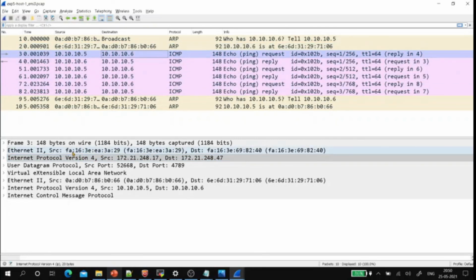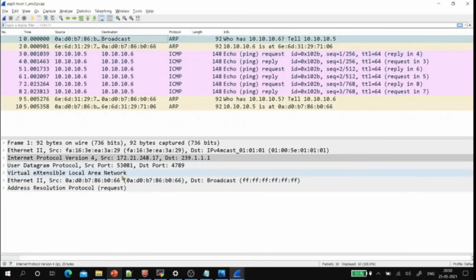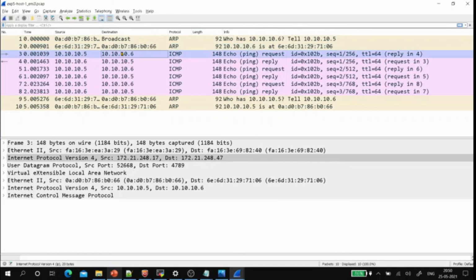Next, see here, when host 1 sends a packet, it will be straight unicast from 17 to 47, whereas the first packet was a multicast from 17 to 239.1.1.1. This is how the very first packet identifies the other end of the VXLAN tunnel, and thereafter the tunnel traffic will be exchanged in a unicast manner.